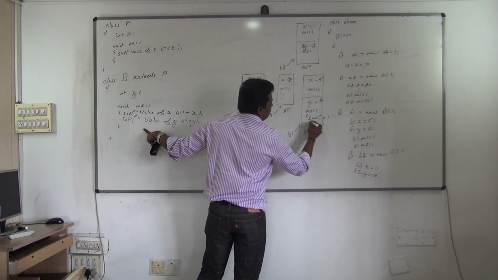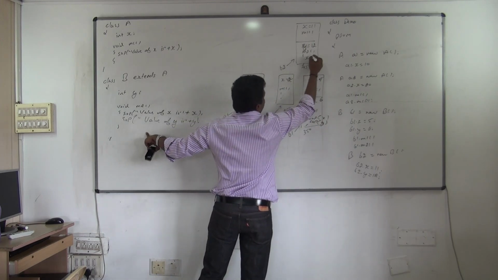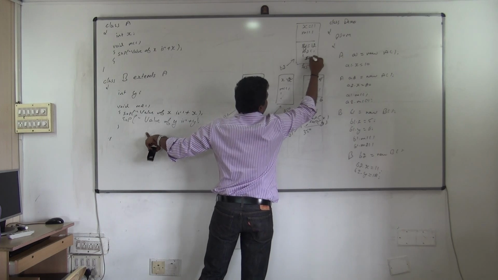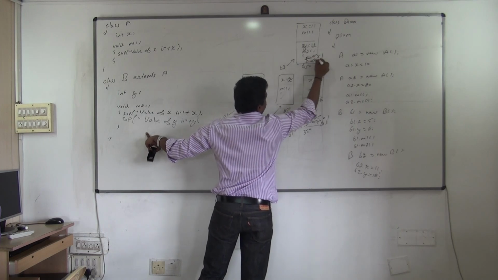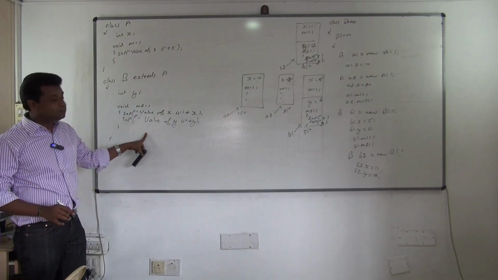Both X also it will print, Y also it will print. Valid, no? Similarly here also, when you print B2.M2, it will print SOP X also, SOP Y also. Everything is valid here. Now,